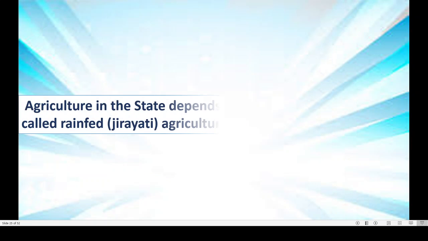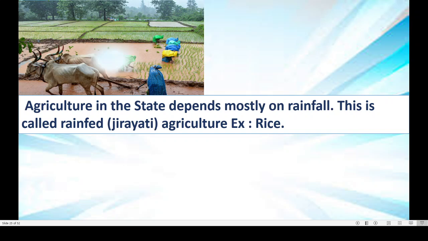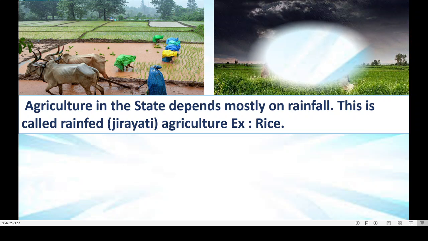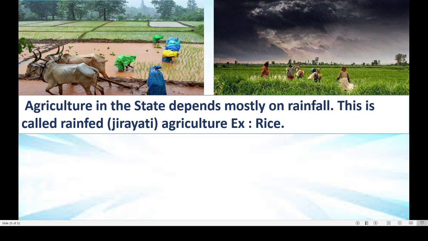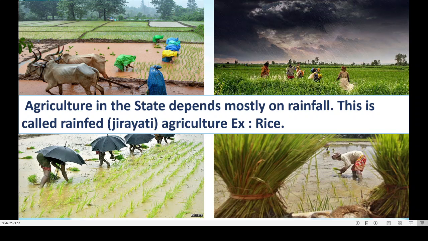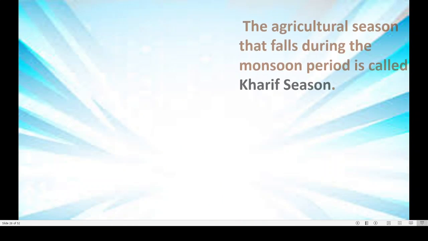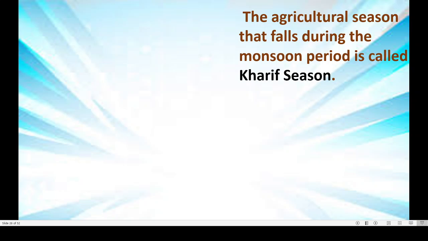Now, agriculture in the state depends mostly on rainfall. This is called rain-fed agriculture. We can see the picture here. Cultivation of rice. See, in the rainy season. And how much water is needed for rice, you can see here. Okay, this is called jirayati agriculture, and it happens only in rainy season. Got this? Okay, the next one is, and one more thing is that the agricultural season that falls during the